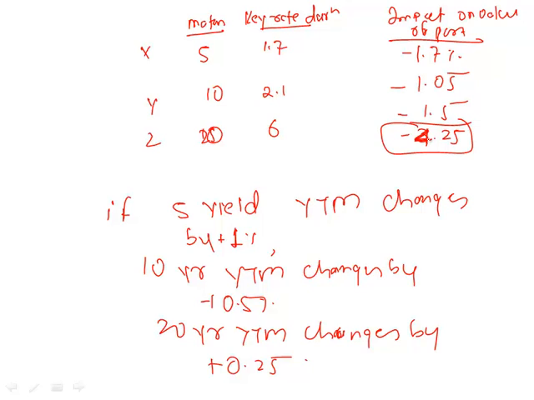So if you want to effectively manage the duration of your portfolio, then the best way to manage or immunize yourself is to ensure that you are hedged against each of the key rates rather than managing the overall duration. Because if you hedged against each of the key rates, then irrespective of twist in the yield curve, you would still be able to effectively hedge risk of your portfolio. Is that clear? Now we'll take